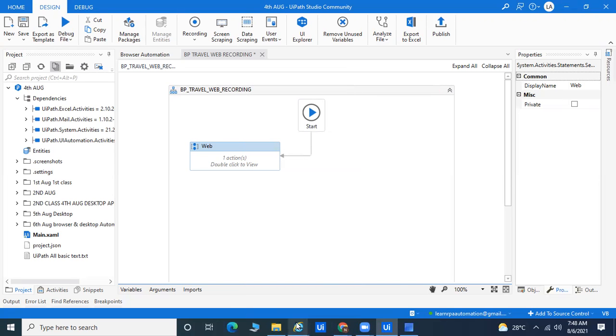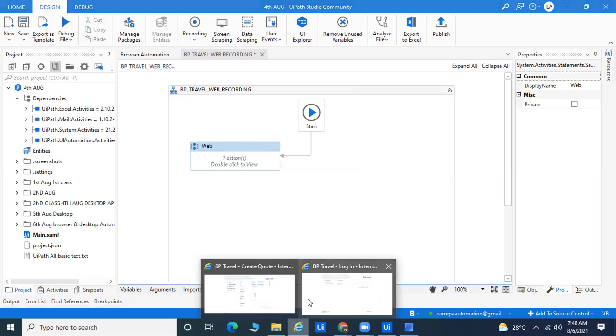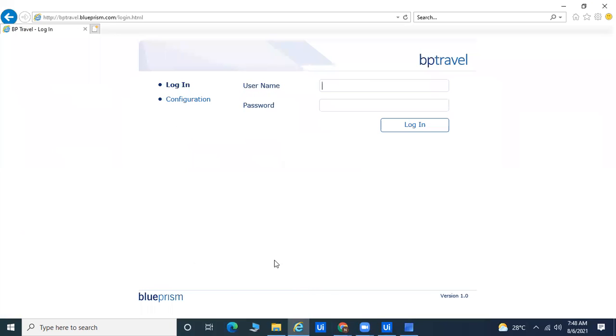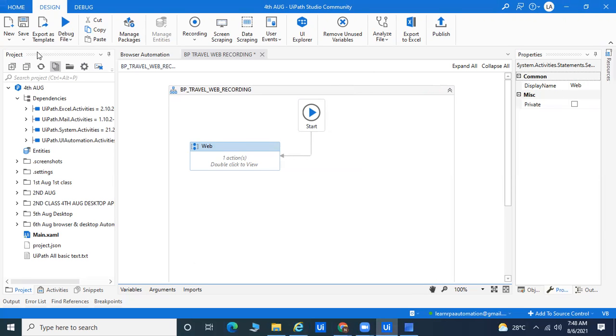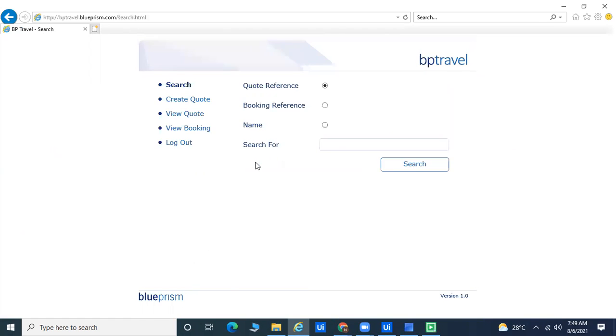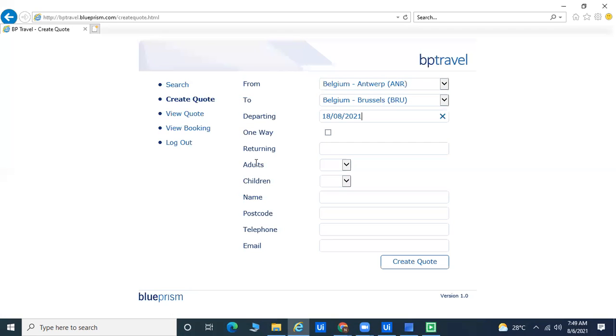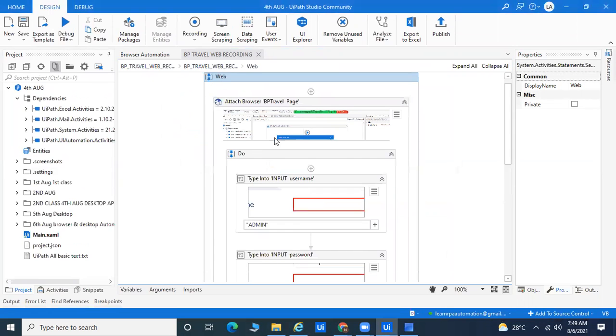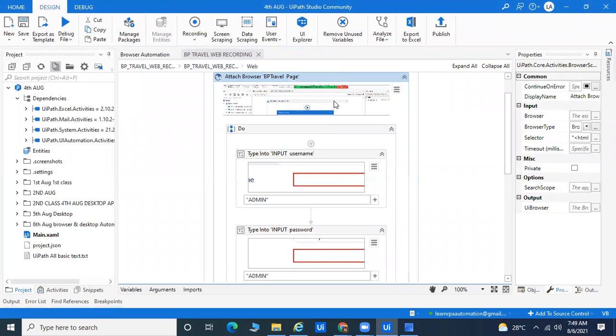Let me show you. Here I will come to the same screen. Only one window is open, and right now I'll try to automate. Right now it's working fine, but what is the thing you can understand here?